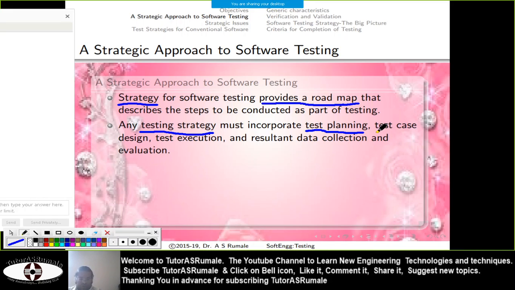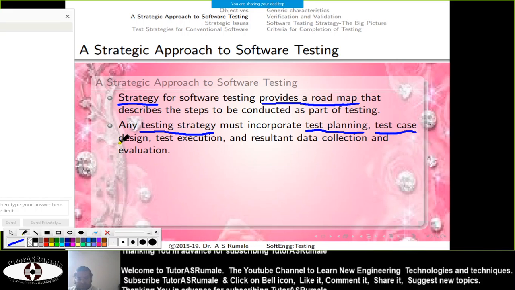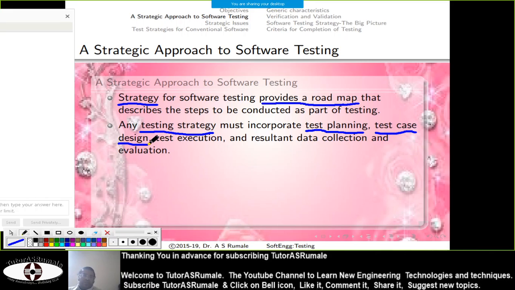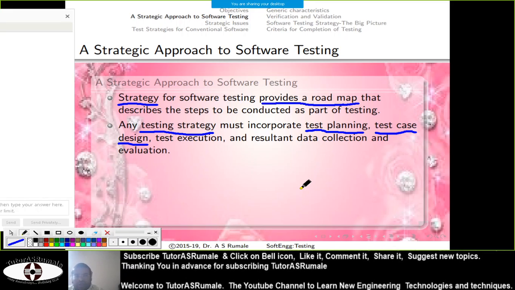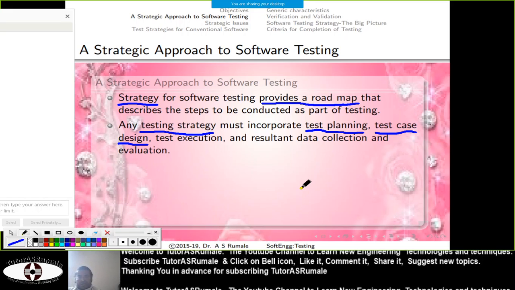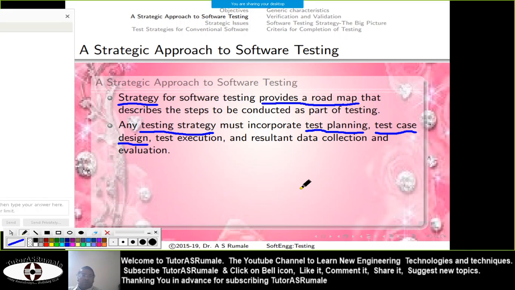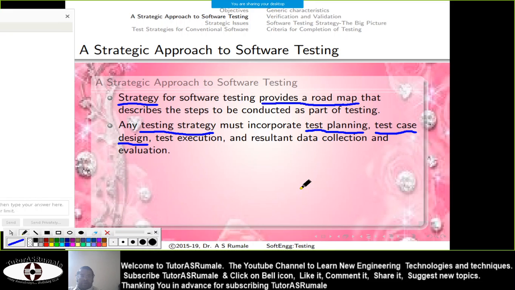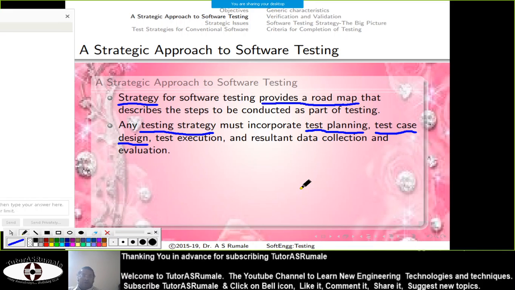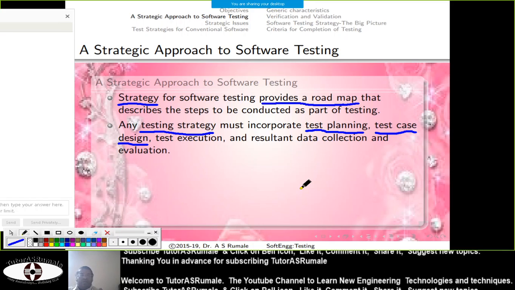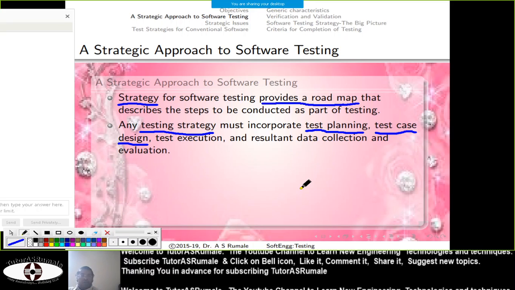Then you require finding out the test cases. So what are test case design or test cases? Let's say you go with this presentation, and I want to design the test cases required to check it: what happens when I press the left arrow, right arrow, up arrow, or mouse button, and whether it works correctly or not. This is called test case design. So you have to document all those things which you want to test.